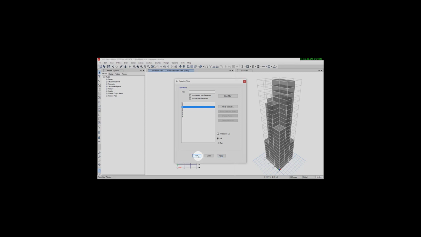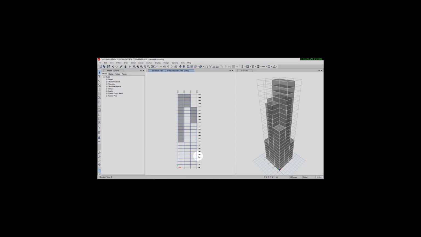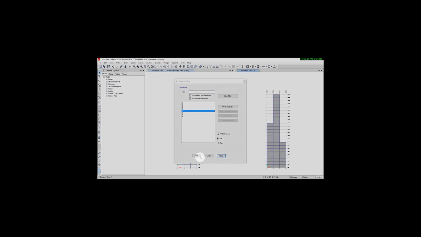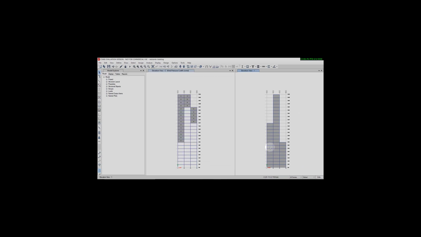Again go on elevation, C, apply, OK. Same process as elevation A and B. Click all the frames, shell, assign, shell load, wind pressure. Now go on elevation, select 1, apply, OK. Now select all the frames, the shell.